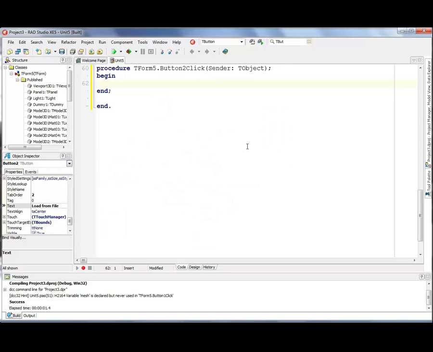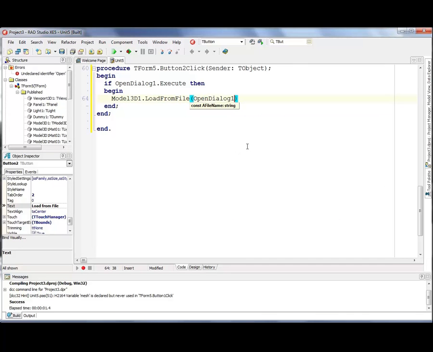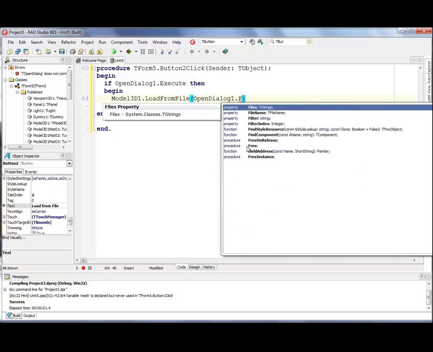Let's do some trivial stuff, typical for desktop applications, of course. Model, let it be the first model. Load from file. Open dialog 1, file name as usual.